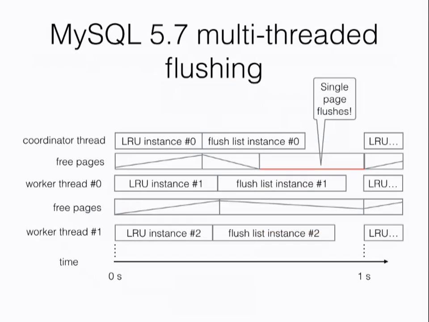So for this, let's go back to the 5.7 multi-threaded flushing design. And if we review it again more critically, we'll find a number of drawbacks in this particular design. So first of all, let's assume the one-to-one correspondence between threads and buffer pool instances. And now for each thread, let's show the number of free pages over time. So let's say instance number 0 starts with a low count of free pages, and then it increases because of ongoing flushing, and then flushing stops, and query threads start taking them. So it is used up, and at some point they are all gone. So while we restart the flushing here,